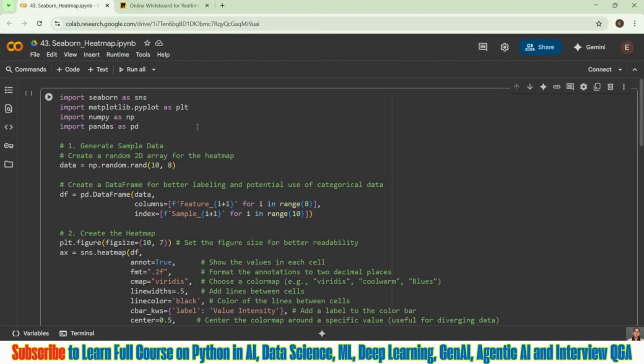When we're talking about correlation, why is it important to understand in case of machine learning? If you do not understand the correlation, you will not be able to tell whether features are tightly coupled or loosely coupled. Because we have to get rid of some of the features, right?